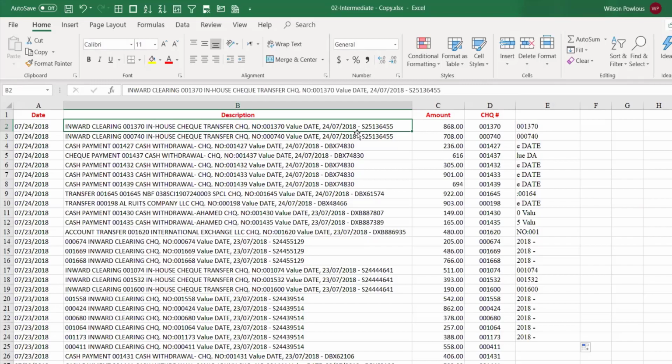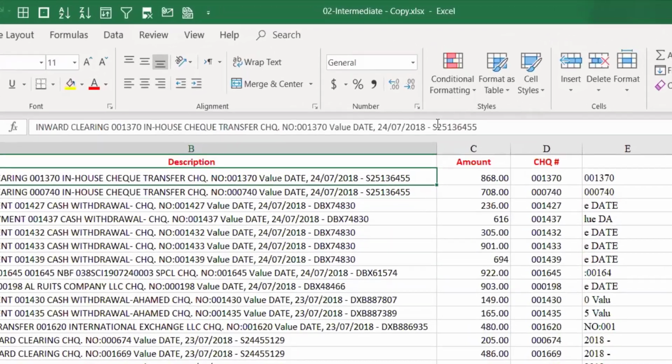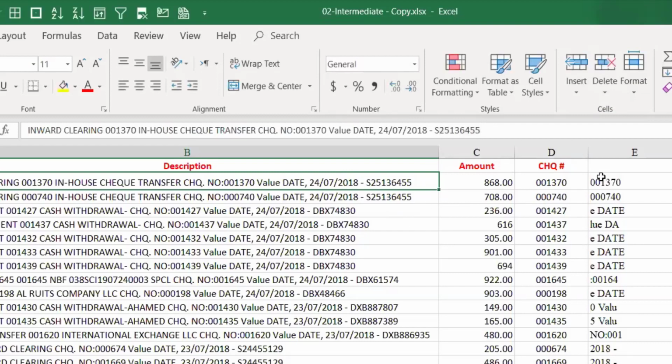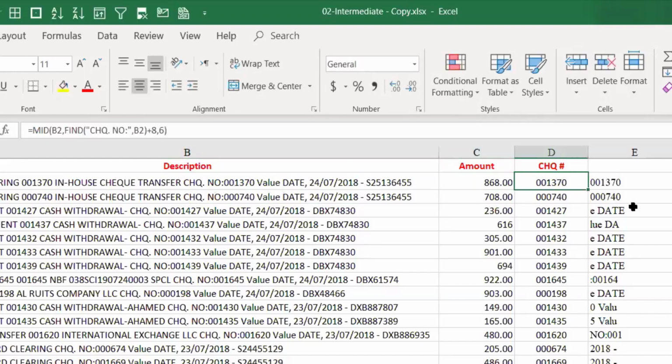If you just look at the numbers, there are different numbers also. Here there is one more number. So you can't just decide, okay, if I look at the numbers, it is a check number always. The check numbers are prefixed with "check number" here. So what we should be looking at is where this check number is appearing. The check number position we have to first find out. Then we can get the check number.